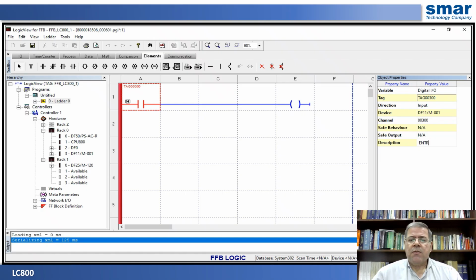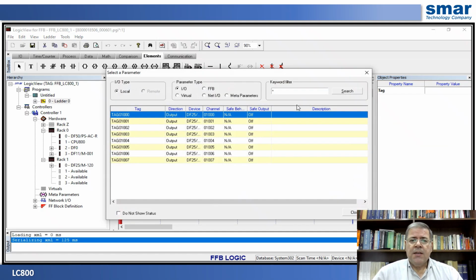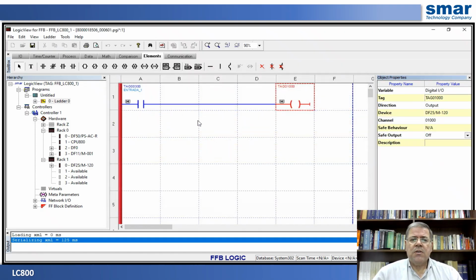As an example, let's type input 1. We can put our description of our discrete sensor there. Next, we'll enter our output address of the DF25 output card. We put output 1 there,